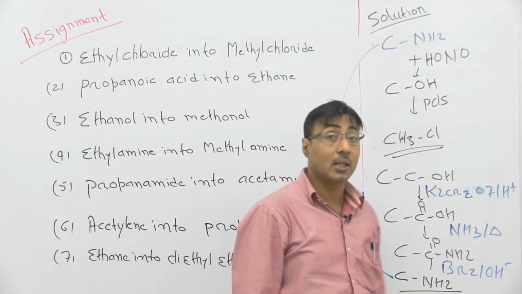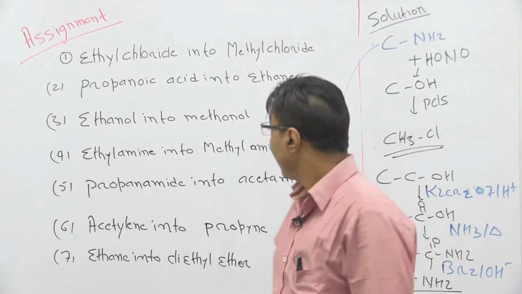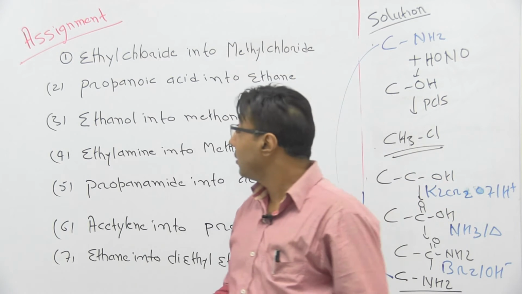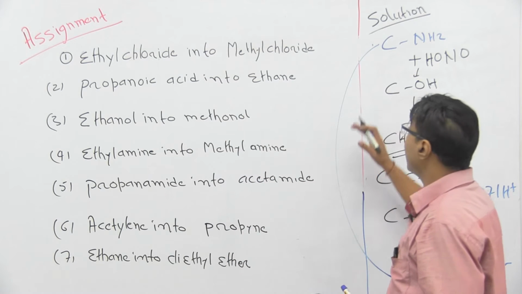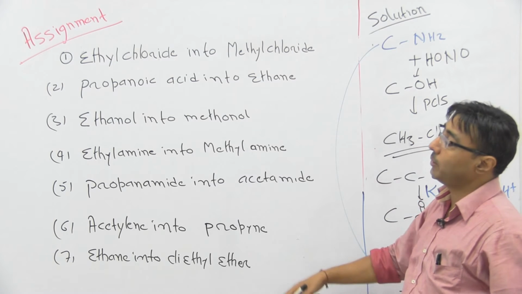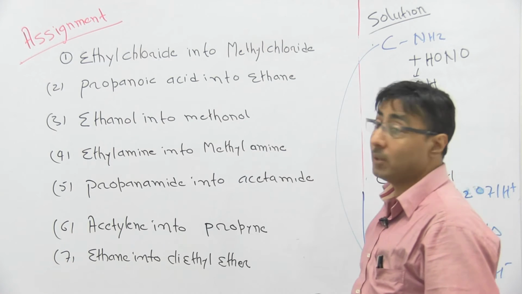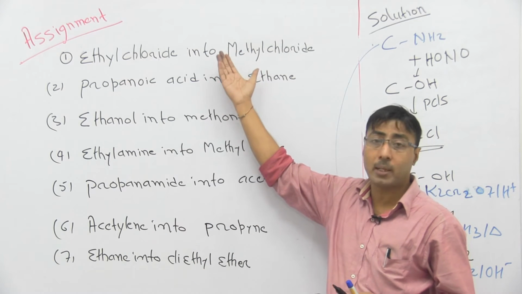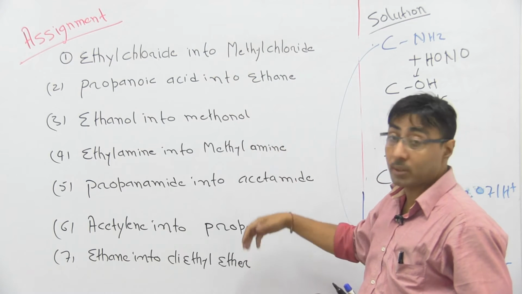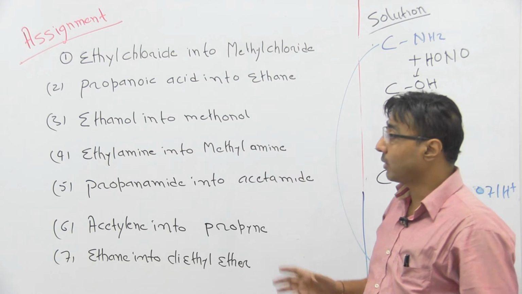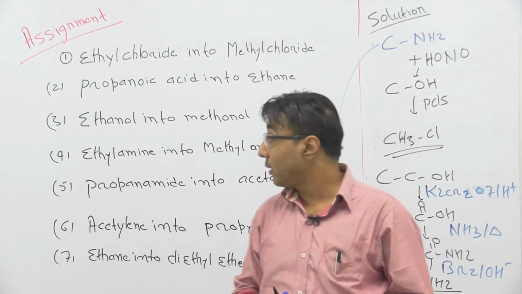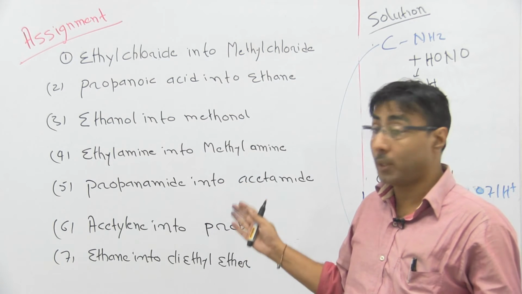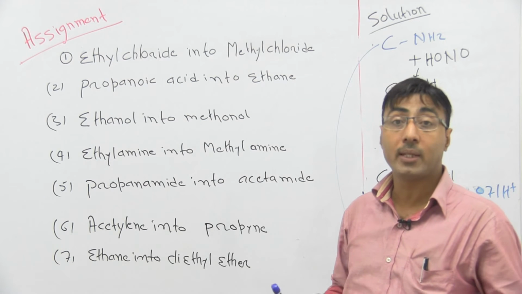So this is the first conversion by the two methods: decarboxylation and Hofmann bromamide method. So it is good for you that you should try to do each and every conversion by the maximum number of methods which you can apply. If you can solve it by 3 methods or 4 methods, then it is better. So try to solve each problem by more than 1 or 2 or 3 methods, because in this section what I recommend is that you solve almost 200 to 300 problems. Once you solve this part, you will see that organic chemistry becomes very, very easy.